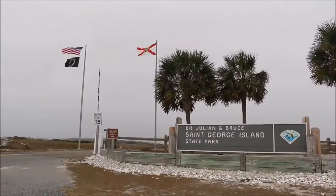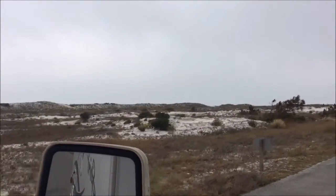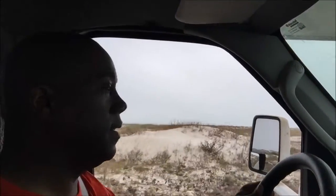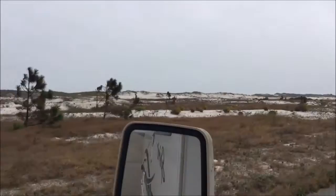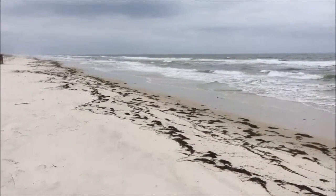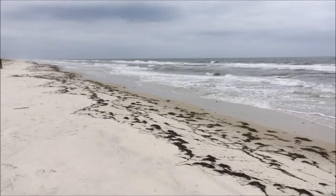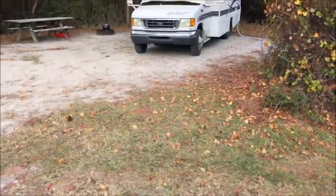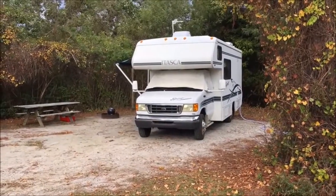As you drive through the front gates and to the actual campground, the vistas are absolutely fantastic, amazing. It's one of those places where there are some pullouts. You want to maybe stop and just observe the Gulf side, hear the ocean crashing against the beach. It's absolutely fantastic. The campground itself is immaculate,